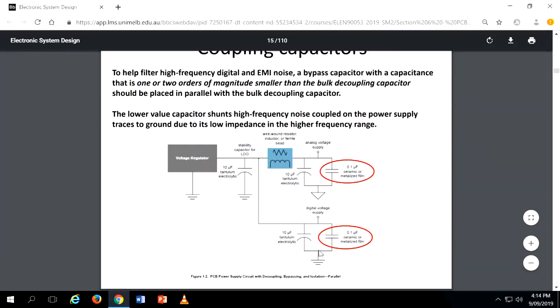Then you got the digital supply. See, so digital also you are connecting from here. For the digital supply, this is a local source, meaning you are connecting to IC1 here. That IC1 will be switching, that power is taken from this tantalum electrolytic capacitor and the circuit is closed here. You know what I mean? So your digital ICs are working here in this domain. Current is going from this capacitor and then going through the IC, the ground is coming here and closing here. So digital is doing this, and then digital and analog are isolated with a ferrite bead. And then in order to avoid the track length issue, again you are